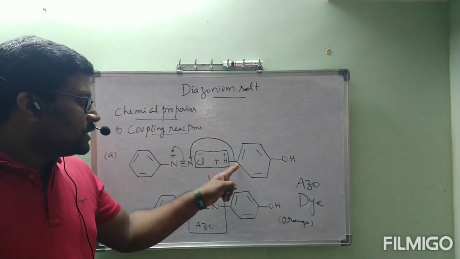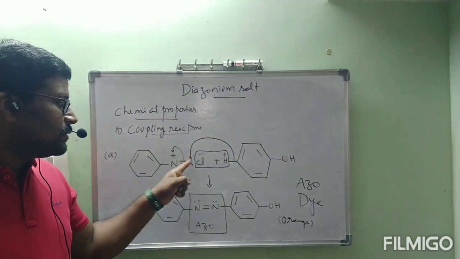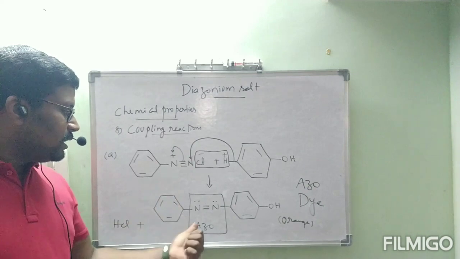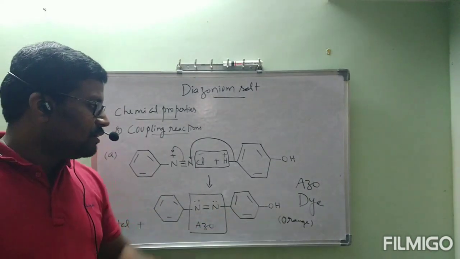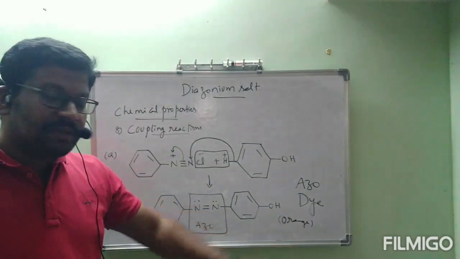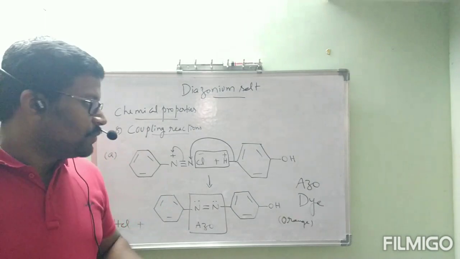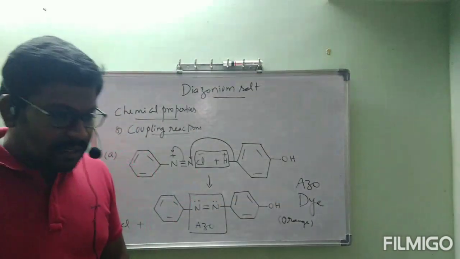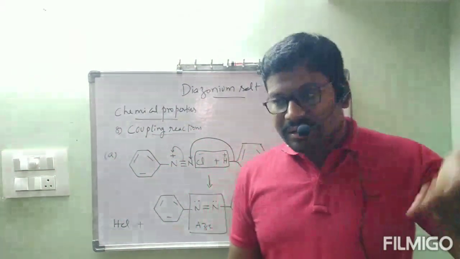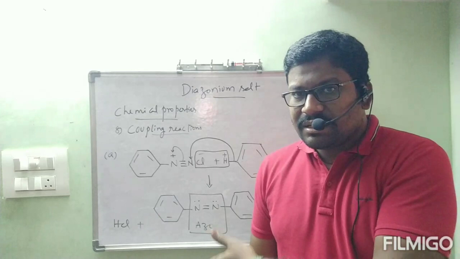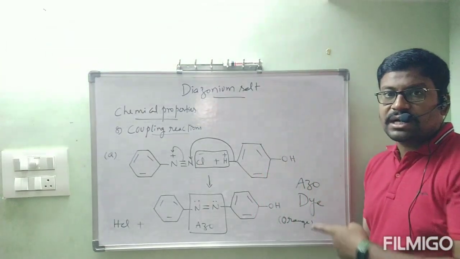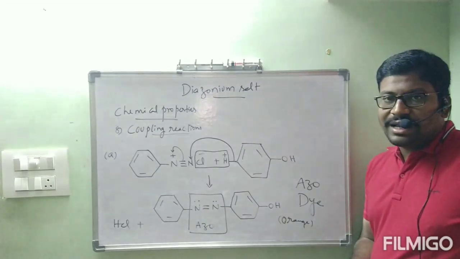This carbon is getting a negative charge. That negative charge is shifted towards this nitrogen, and this bond is shifted here, and you will get benzene N double bond N phenol. This N double bond N group is called the azo group, and it is in the form of orange color dye, an azo dye. These are all used as dyes, meaning colors for hair or cloth. These are called dyes which contain the azo group, that's why they are called azo dyes, and this test is called the azo dye test.